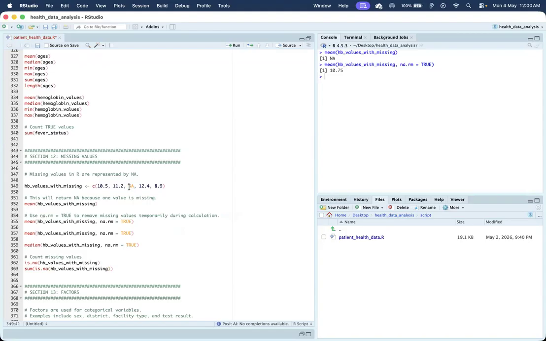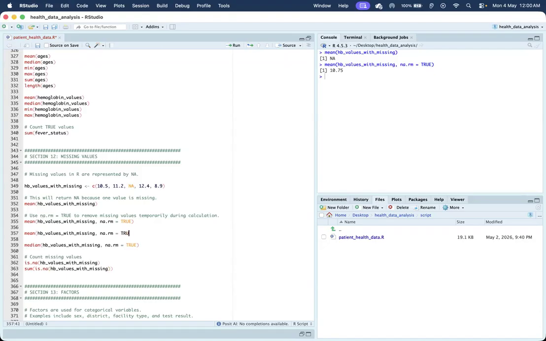So this NA, if you want to represent a missing value in a vector or in a data set, you use capital NA. You can't use small n here. It will not see it as a missing value, okay? In a vector, use NA. But when you are trying to remove that NA, like from a function,